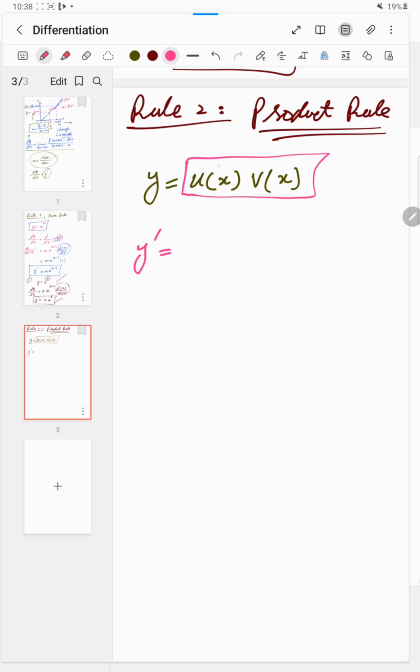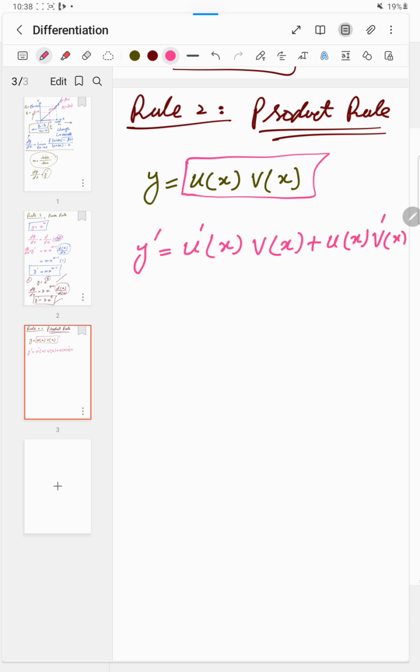So first of all we take the derivative of the first function, and the second will be as it is. It means u prime of x and v of x will be as it is, then plus. Now the first function will be as it is. The function is basically u of x. Why u of x? Because in this case our function depends on x, and the second function